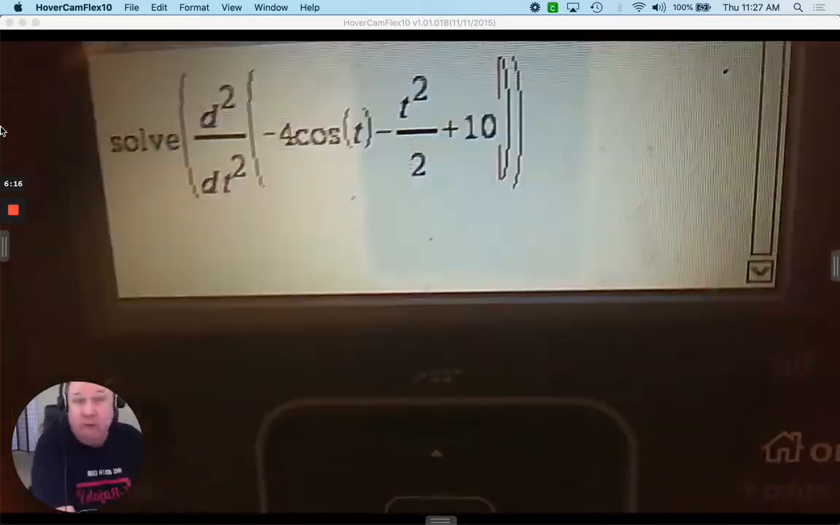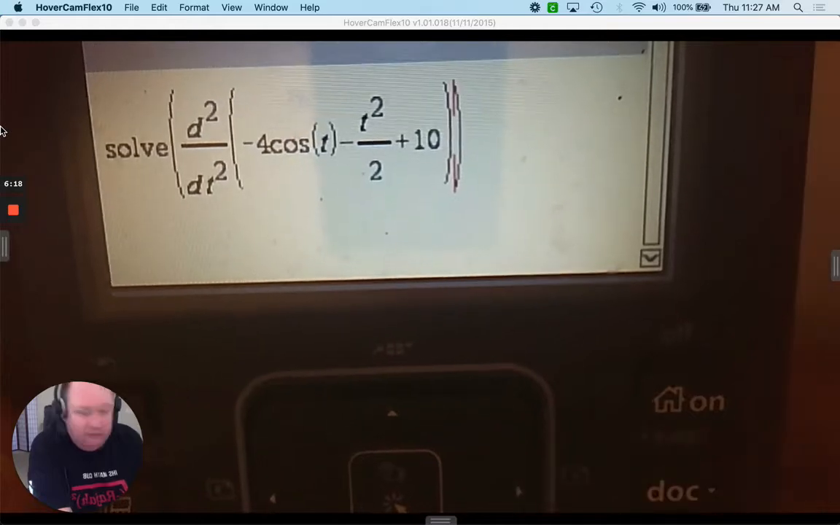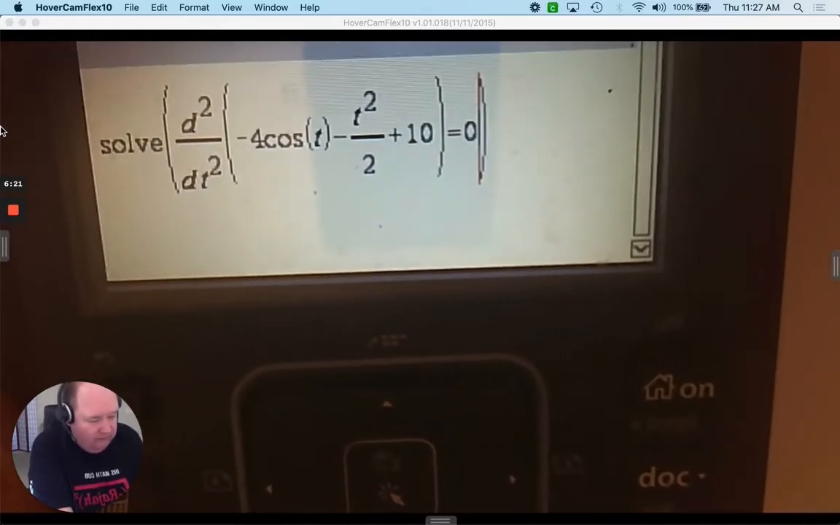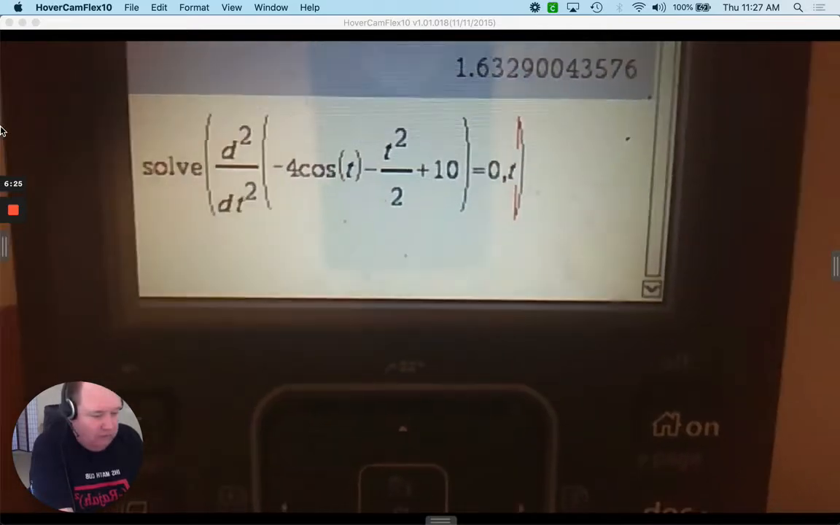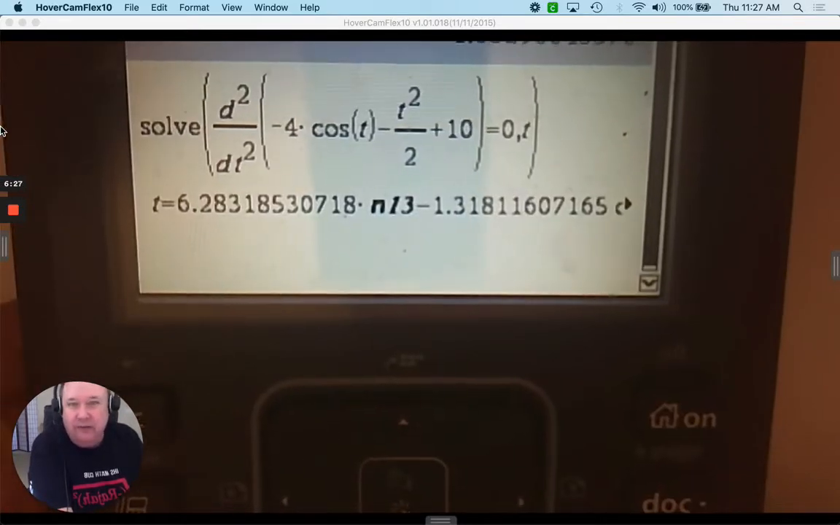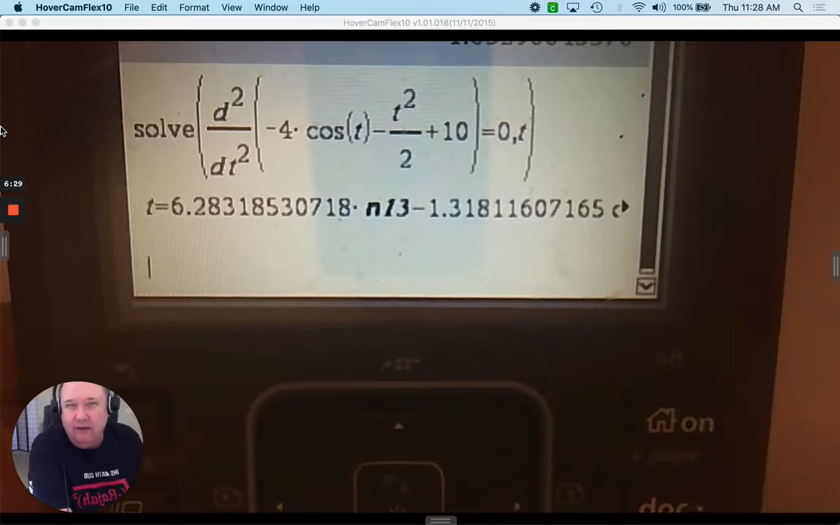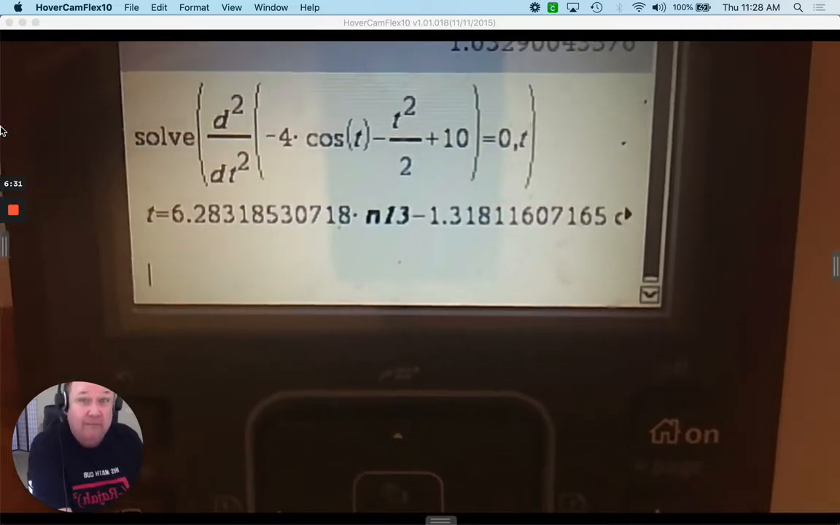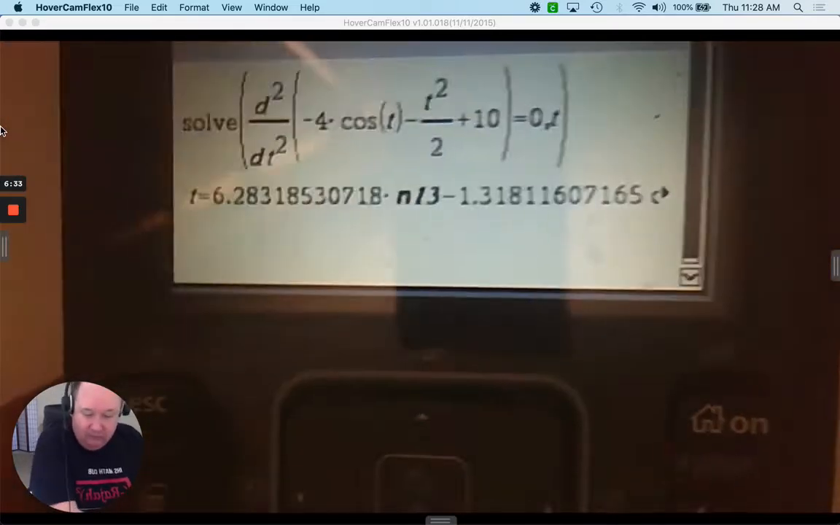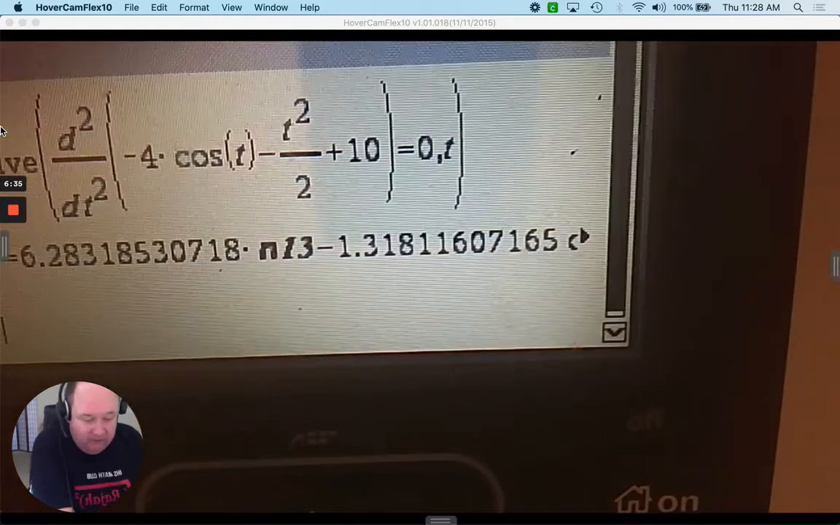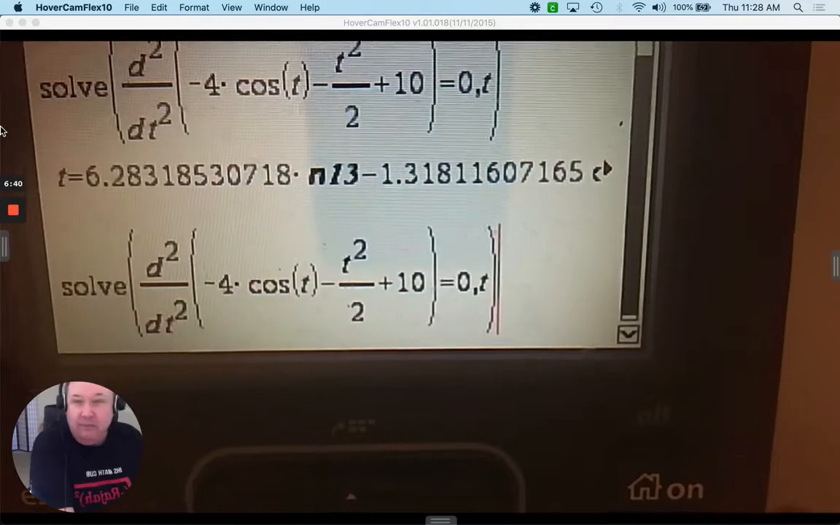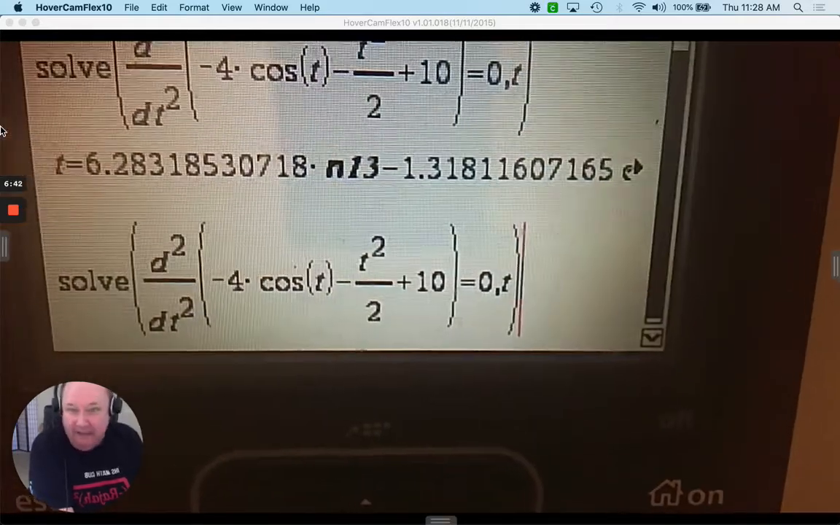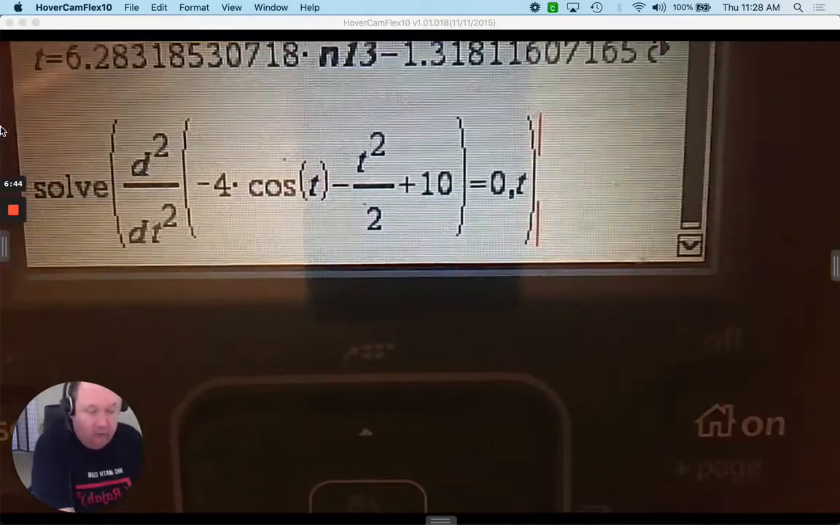So we're doing an equation. So it's the second derivative equal to 0 and then comma t. So that's the equation we're doing. So the answer is that, what happened? Oh, you know what? Because it's trigonometric, I need a restriction. So in the question, it says from 0 to pi over 2. Did you see that? So because it's trigonometric, at the end of this, I'm going to go control equals, and